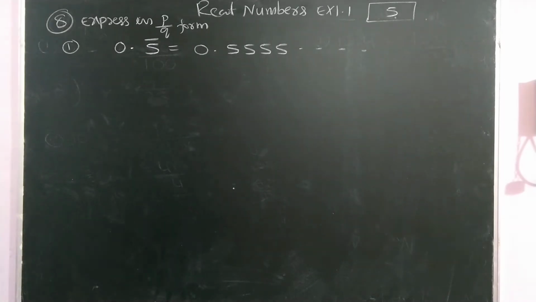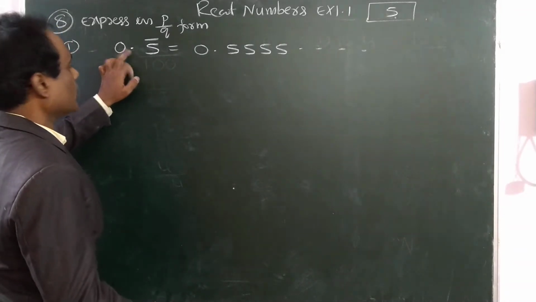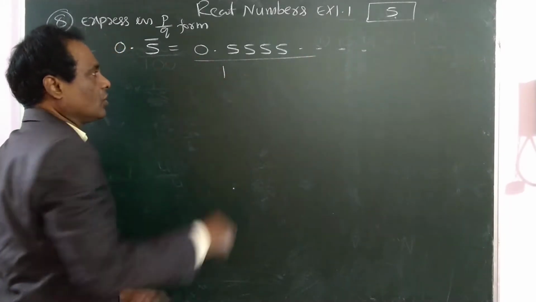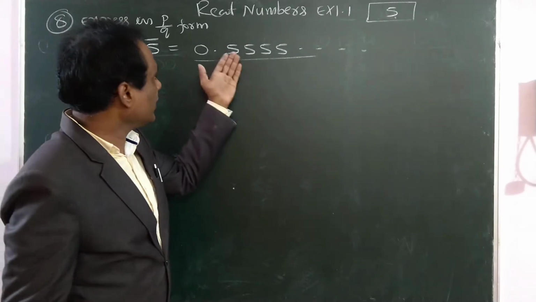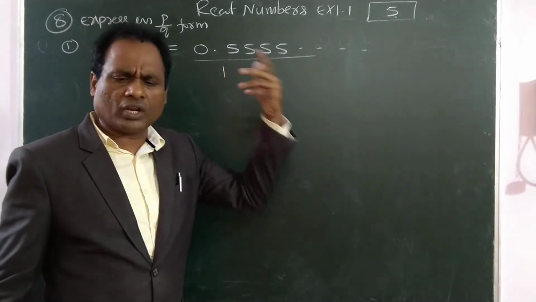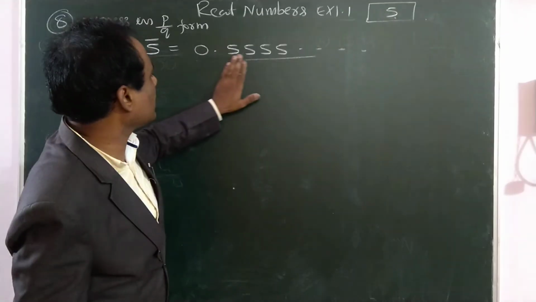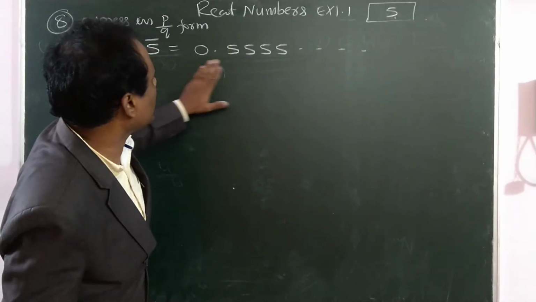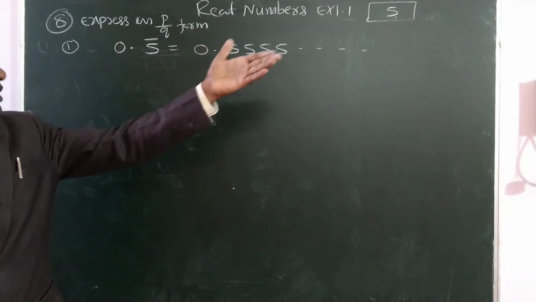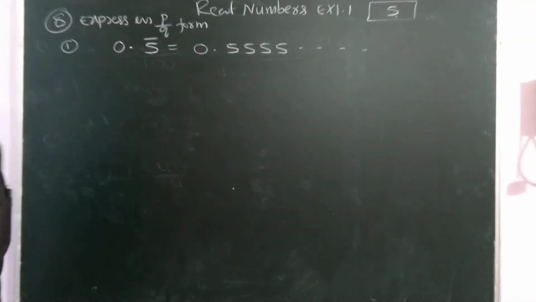Yesterday we discussed some problems in the decimal form. To remove the decimal we have to put 1 and after that we put the number of zeros as per the number of digits. So here how many digits are there? There is no limit, so we can't apply that method. So I am applying a different method here. We can't write the number of zeros because there is no limit, so it is meaningless.